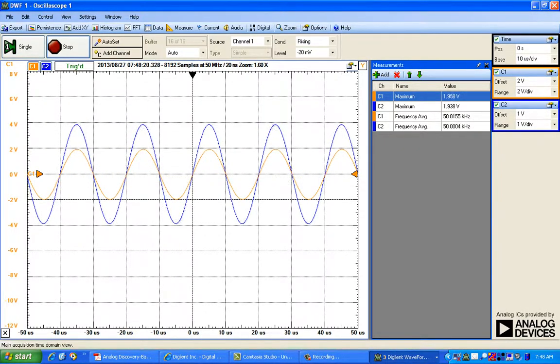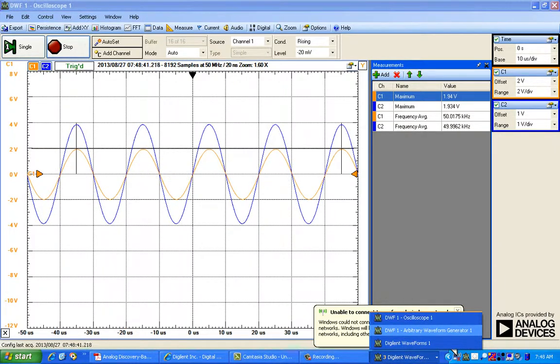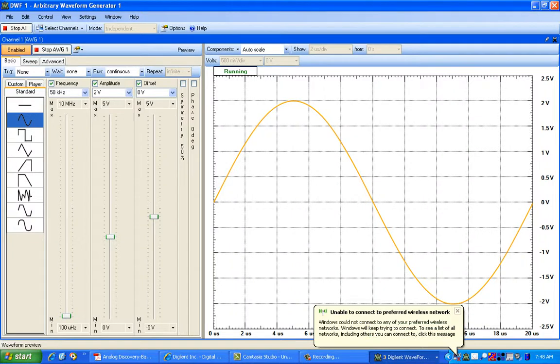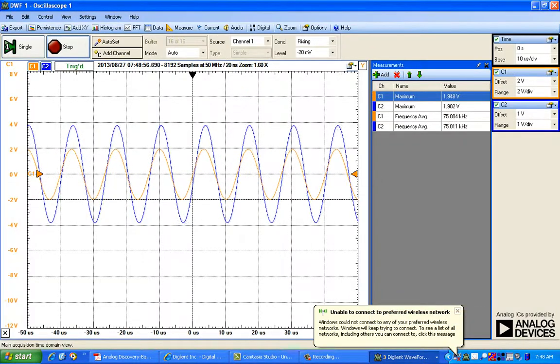Now you can see here, since the output is now within the passband range of 15 kilohertz to 150 kilohertz, the output has reached its maximum value of plus or minus 4 volts. Now let us increase the input frequency to 75 kilohertz and go back to your oscilloscope and see the response.